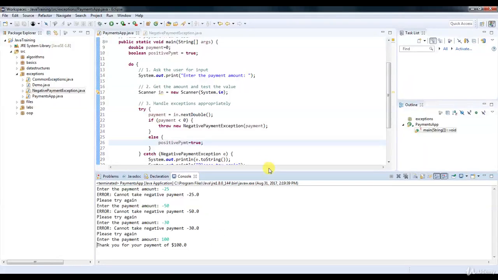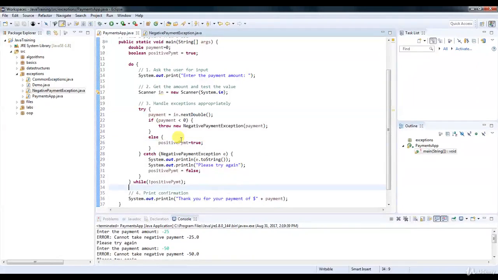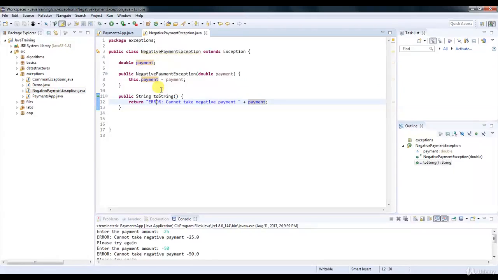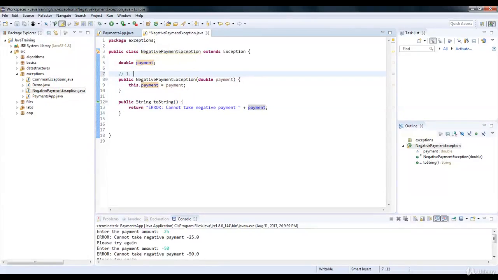There we go. So we spent more time here on actually how to write the program flow of the application. The main thing is how do you actually write your own exception. So that's the main thing we wanted to talk about here. And again, here basically there's two steps. One, we have a constructor that takes the value that would throw the exception, and then we define a class variable,